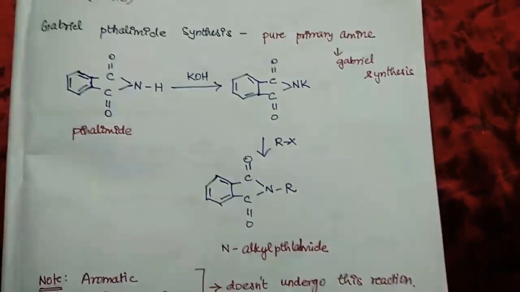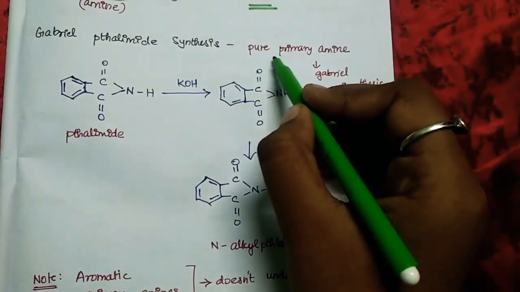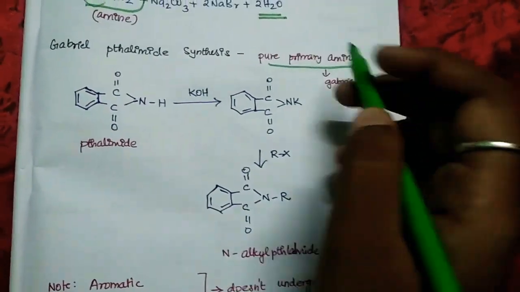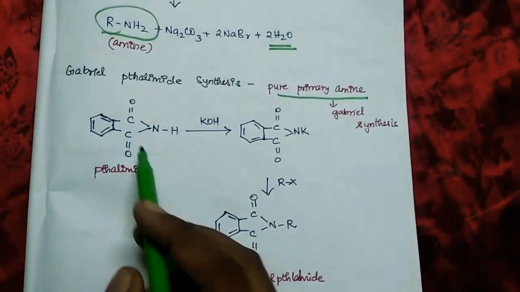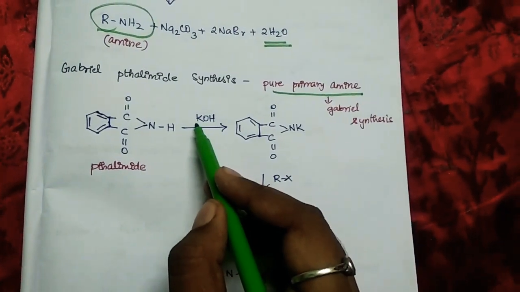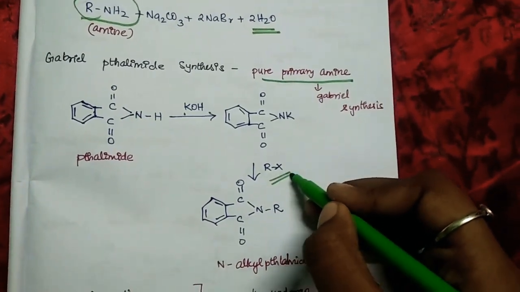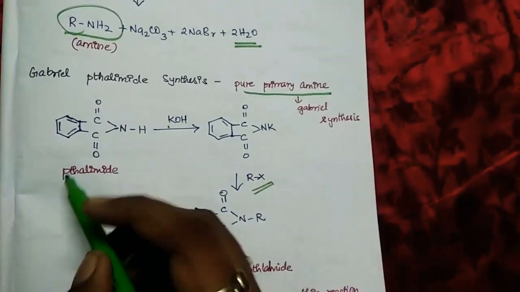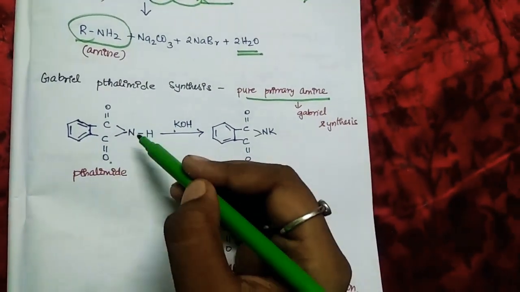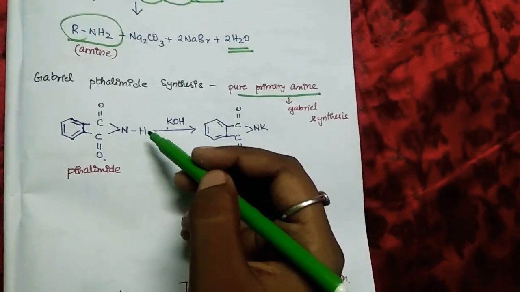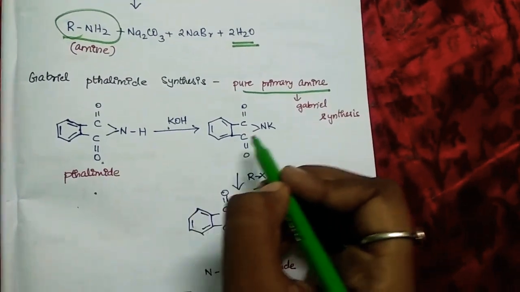And the next reaction is Gabriel-Phthalimide synthesis. Gabriel synthesis is used for pure primary amine preparation, and this takes place in the presence of potassium hydroxide and then in the presence of alkyl halide. So phthalimide, which is a benzene ring attached to two carboxylic groups and a nitrogen and a hydrogen, is reacted with KOH to give